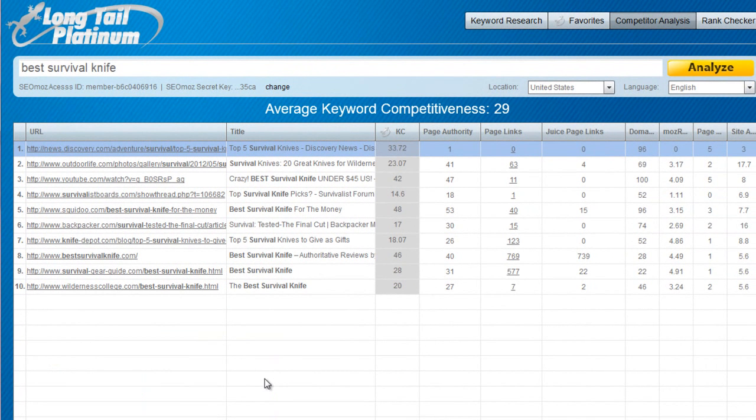Best survival knife has an average keyword competitiveness of 29. And for all the reasons that I explained, within the top 10 of Google I'm seeing some weaknesses there. Again, it's not 100%. There are certainly weaker keywords out there. This is going to be one that's going to take some time, probably a lot of effort to rank for, but I believe it's possible, and I believe that it provides a lot of potential. So hopefully watching this